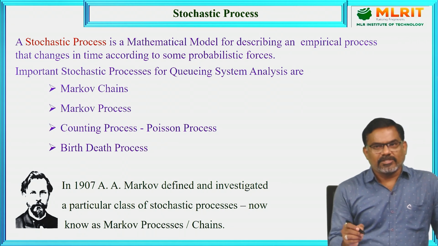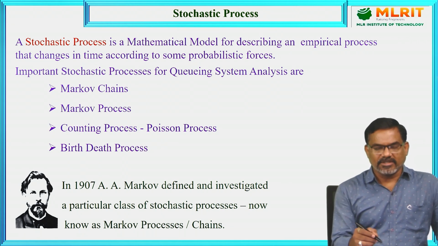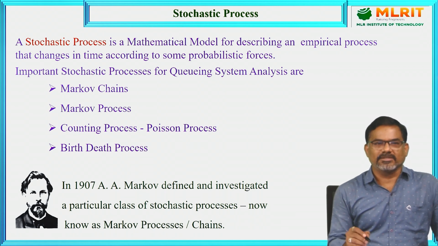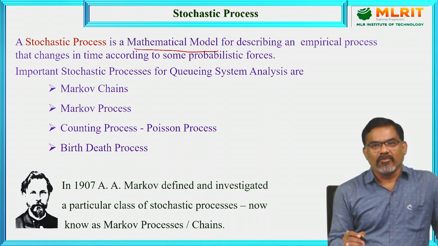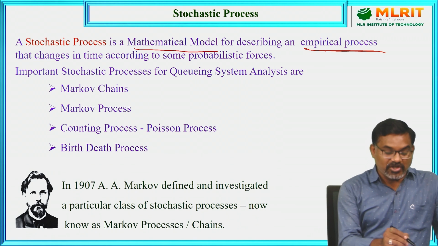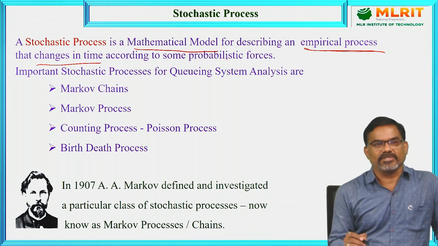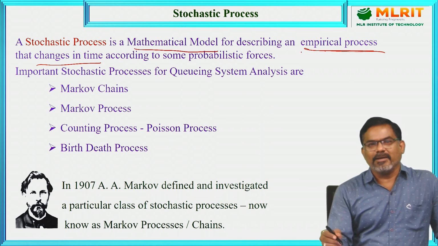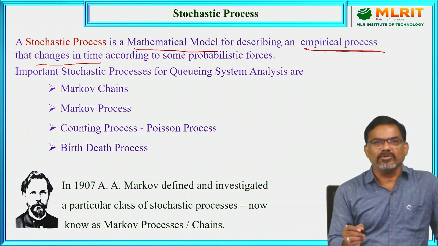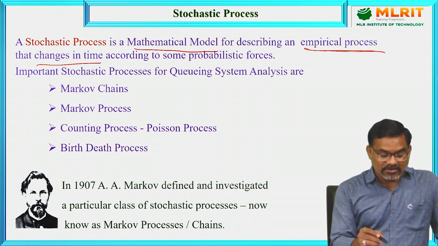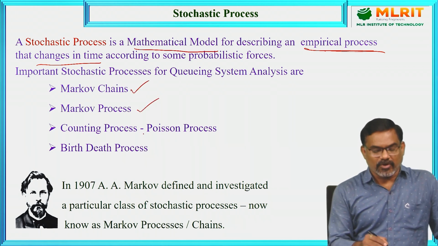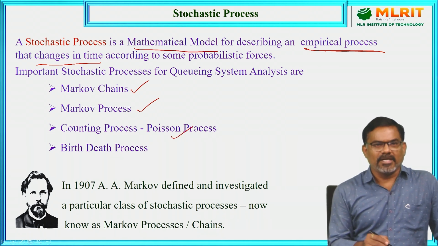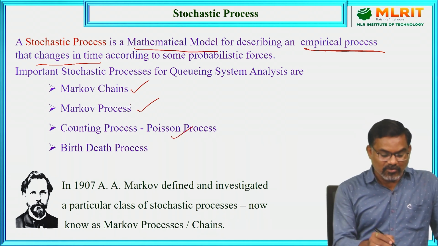Now, what is a stochastic process? In the last session, we discussed that it is any system or process that varies with respect to time. A stochastic process is a mathematical model for describing an empirical process that changes in time according to some probabilistic forces. Some important stochastic processes are Markov chains or Markov processes, the counting process, in that the Poisson process, and then birth and death processes. And coming to the Markov process or Markov chains,